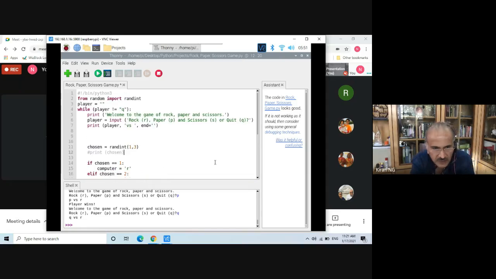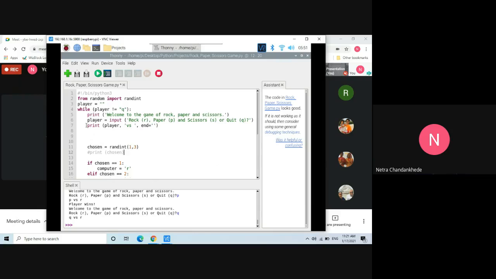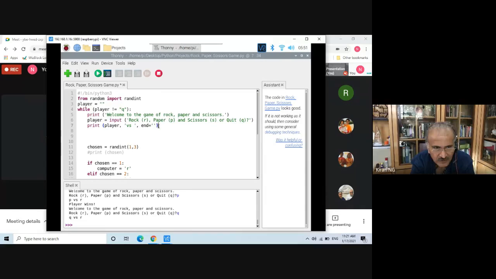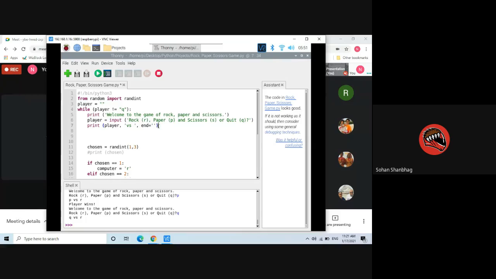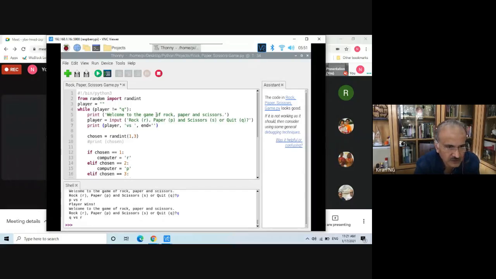Where are you assigning the end? Even I'm not sure of the end part because I've seen it from the Raspberry Pi website. Then player is equal to... What is better is instead of printing whatever that is before, you can put it after that and then you can put chosen. Uncle, hold on. I want to understand how this is happening.